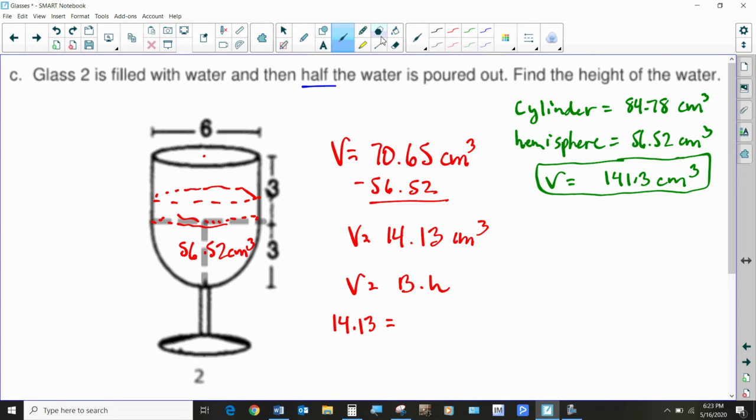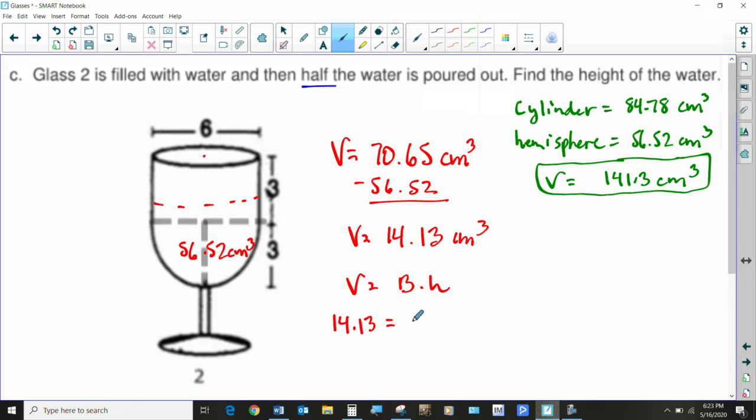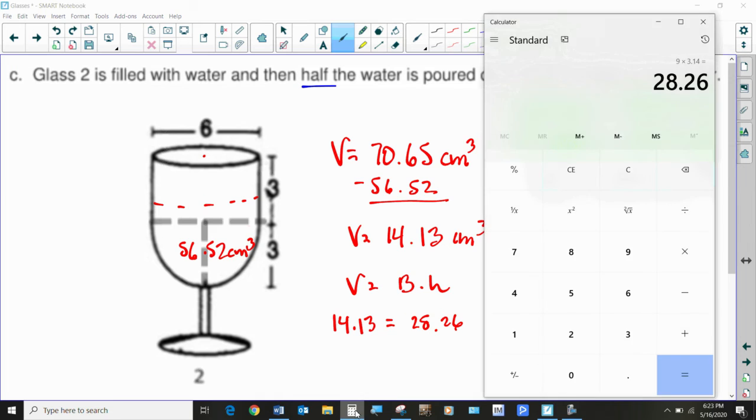Because remember, let me erase this. This is starting to bug me a little bit. Just put this line here. All right. So what is the base area of this? The radius is 3, so 3 squared is 9 times pi. 9 times pi is 28.26. So 28.26